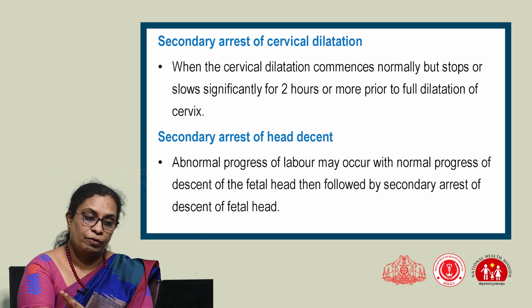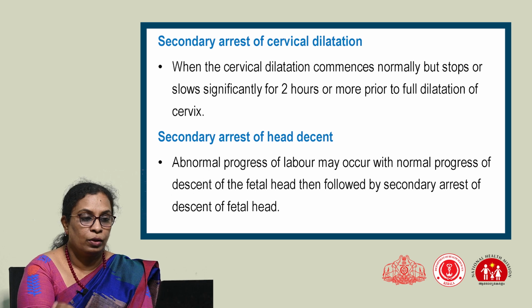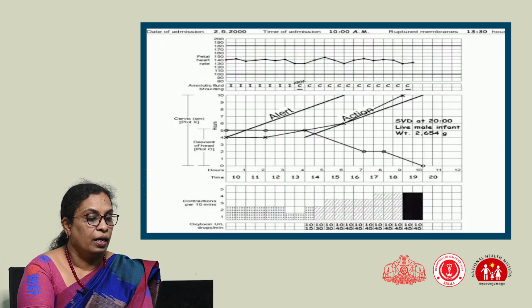Now secondary arrest of head descent. Abnormal progress of labor can occur with normal progress of descent of fetal head, followed by secondary arrest of descent. Head is descending, but it can be stuck at some other position with no further descent. That is secondary arrest of head descent. Two other terminologies to be aware of. And this chart, again,